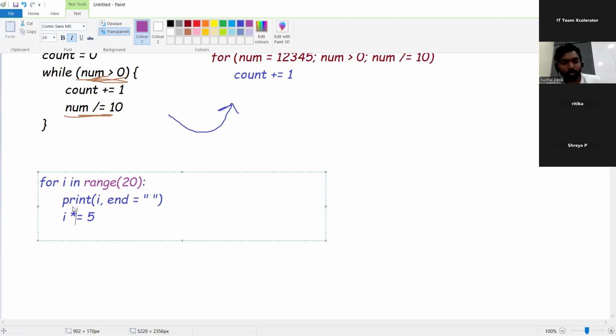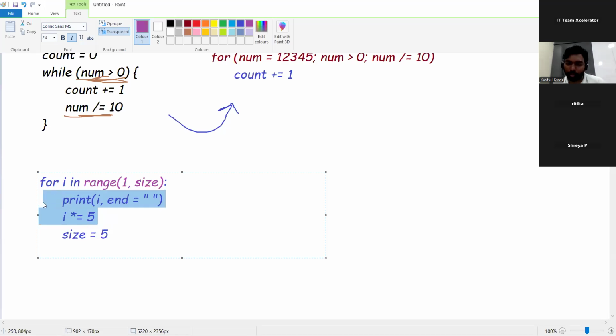Got my point? So even though you take some value to be size, and you increment the value of size also, it will not affect the loop iterations, but it does affect the value of I as well as size. Let's say I value is starting from 0. If I keep I to 1 and multiply by 5, I would be 5, but that would be part of only that loop.